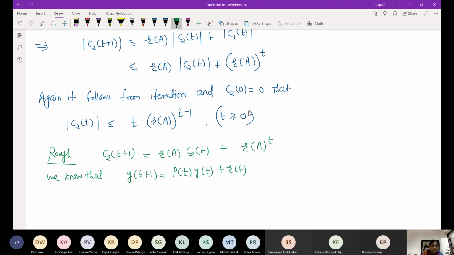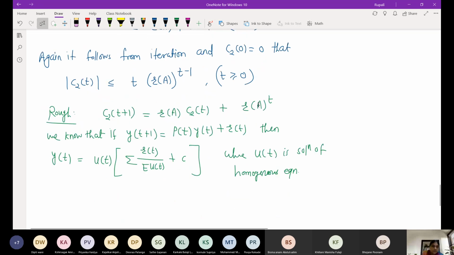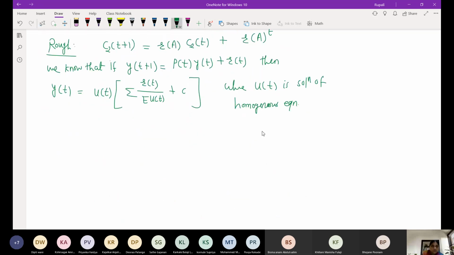the solution is given by yt equal to ut times summation of rt divided by eut plus c, right, where ut is the solution of the corresponding homogeneous equation. Is that right? So what will be the solution here? If I consider this star, the corresponding homogeneous equation,